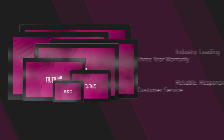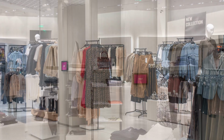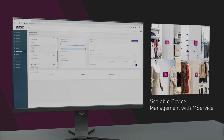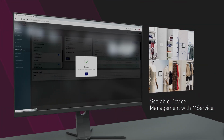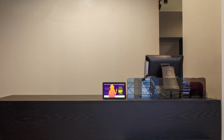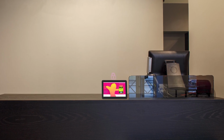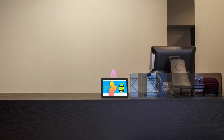running smoothly. Are you overseeing multiple devices across locations? Our M-Service software lets you centrally manage updates, track devices, and manage your applications effortlessly from a distance. For focused application use, our M-Lock software allows application or content-specific locking, ideal for information kiosks, point-of-sale systems, and much